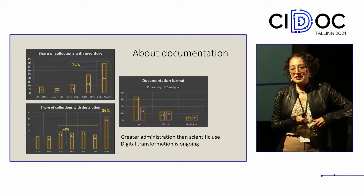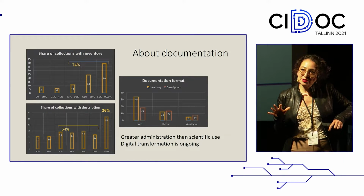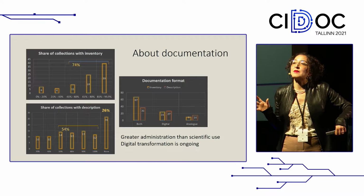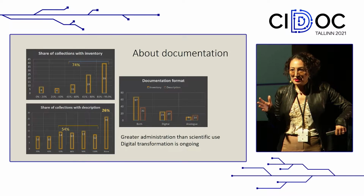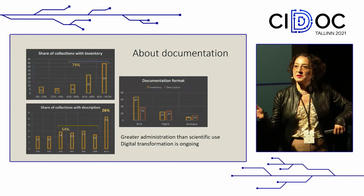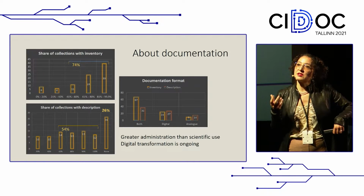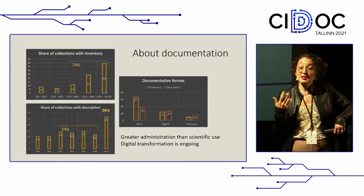Something else that we see with this graph is that the use of documentation is largely supporting the administrative work. What is that? Do you have an object? Where is it? Can we move it? In case we need a loan or in case we need something else. But the documentation system is not properly supporting scientific